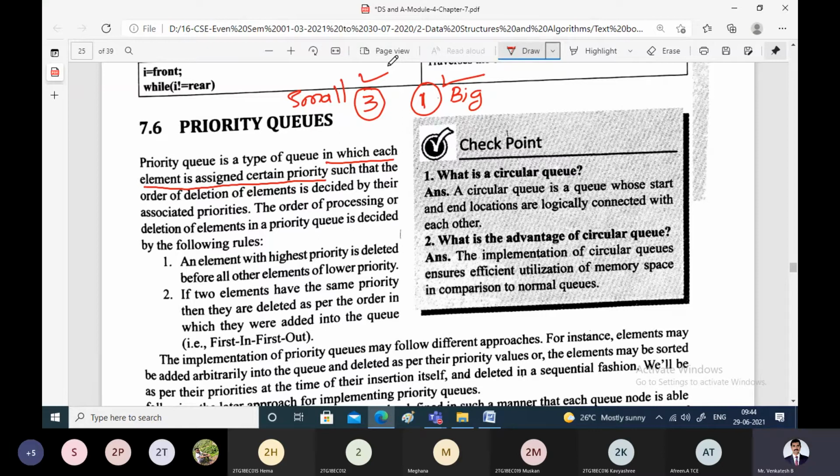So the order of processing or deletion of elements from the priority queue is decided based on the priority.